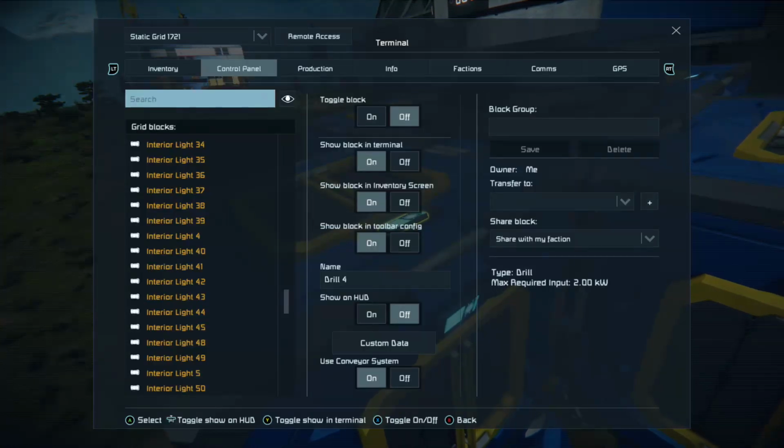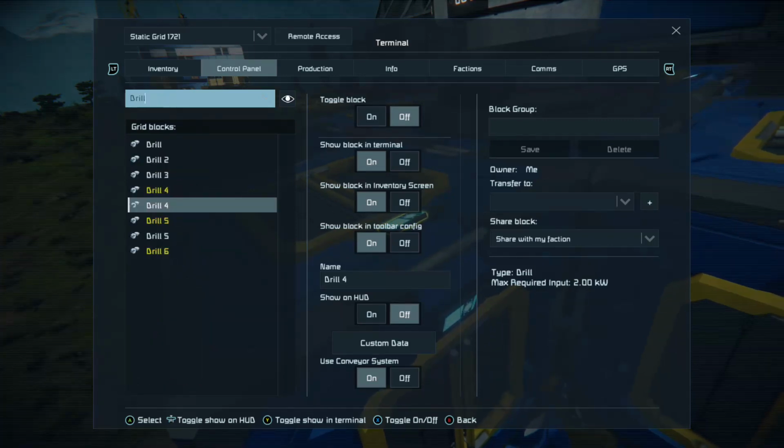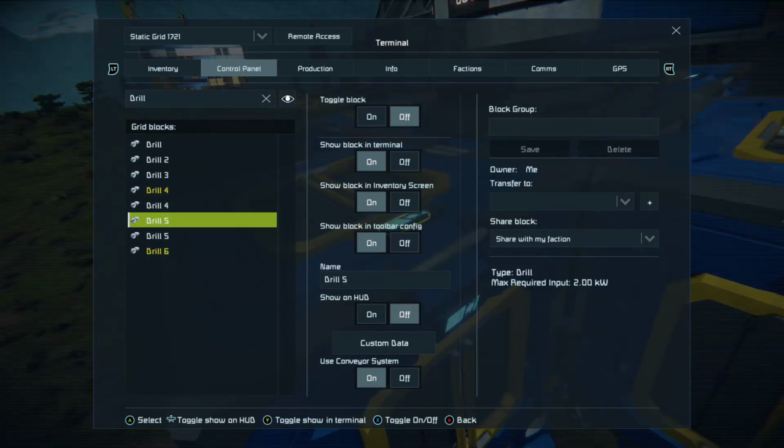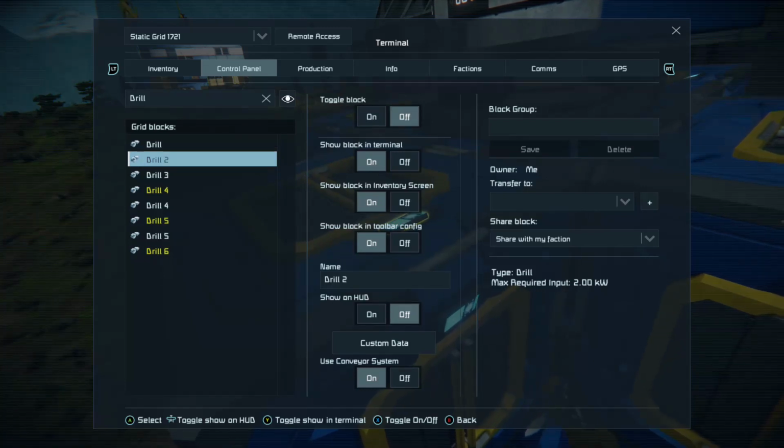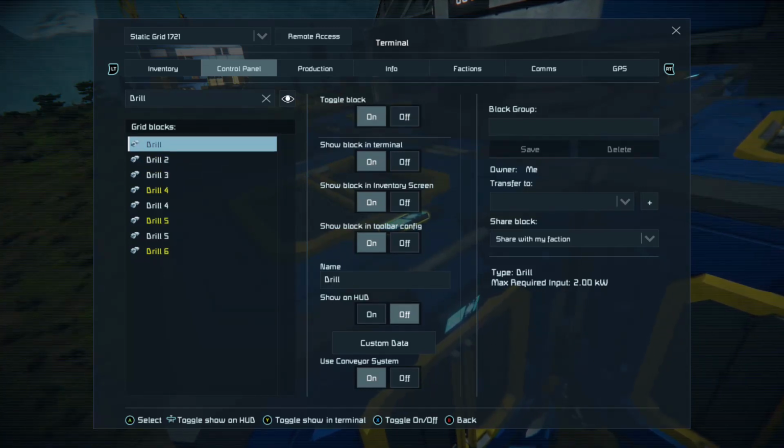So we want to go into the control panel and we want to do this again, find drill. And because we're now accessing this, you'll notice that these drills are off. Anything that's on your grid is in white.